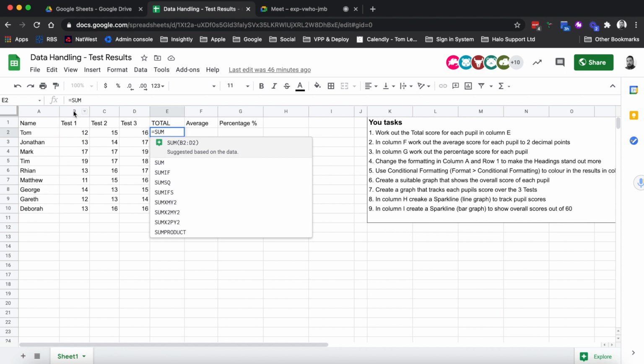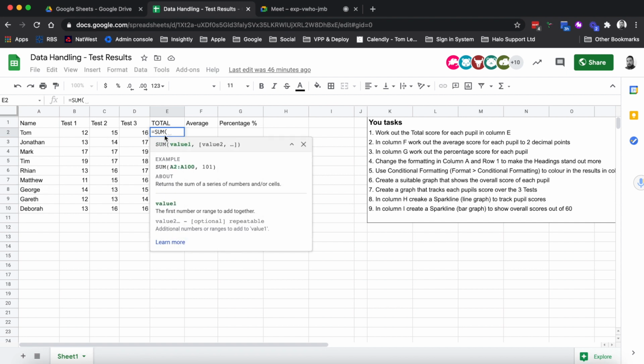You could either do B2 plus C2 plus D2. Not too bad with only 3 data points. But in Google Sheets, just like in Excel, you put it into a bracket to show what you're going to be adding up, and the cell that we're going to start from is B2, that initial one there. So we type in B2, and instead of going plus C2 plus D2,